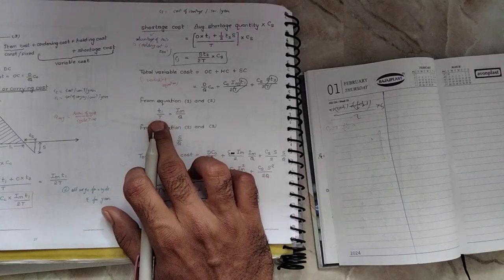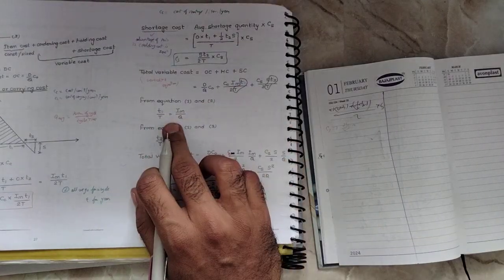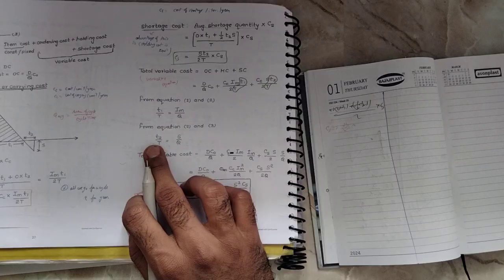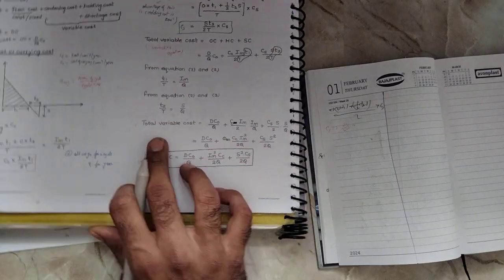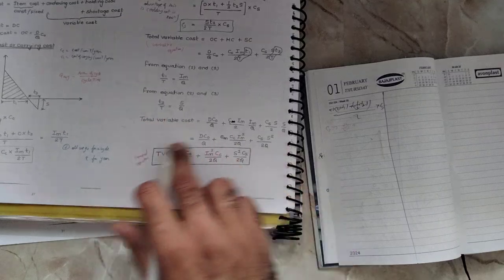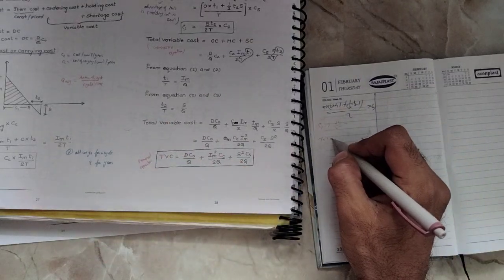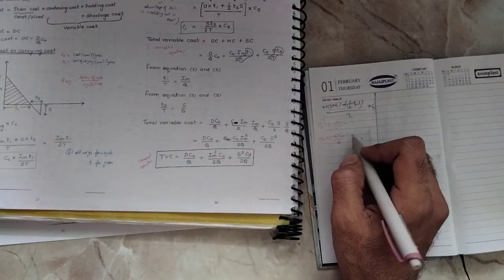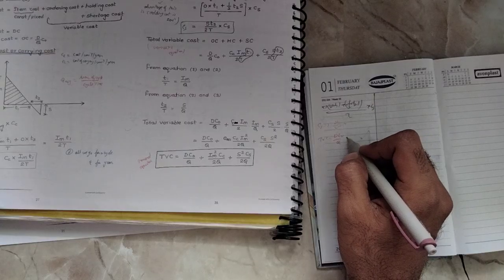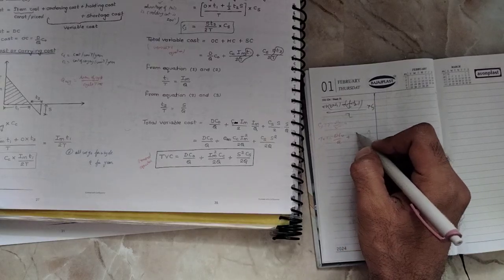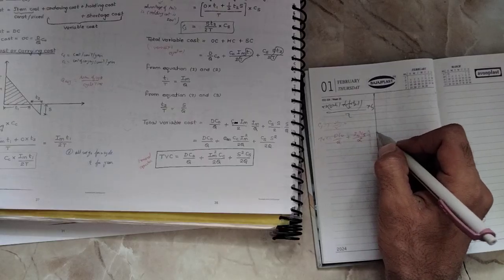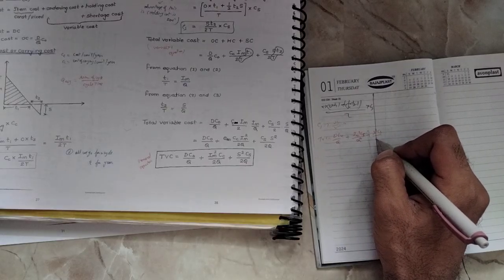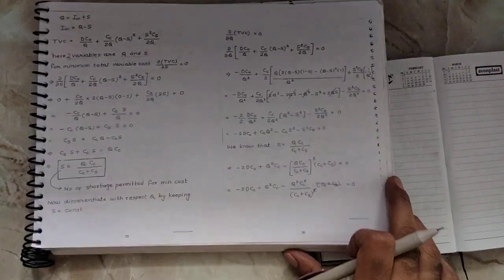So when you put T1 of T equal to IM of Q and T2 of T is S of Q, based upon the thing we took before, the total variable cost is entirely this thing. So total variable cost equals D C naught of Q, this one is ordering cost, plus holding cost IM square CC divided by 2Q, plus S square CS of shortage cost divided by 2 times Q. For the minimum quantity also we need to differentiate.